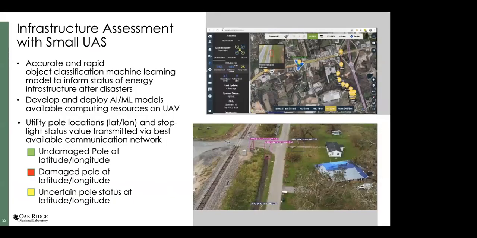Here's another example of what we are doing with this ESF12 community. After any major storm or any disaster, the first thing that you need back is energy, electricity. FEMA has these 15 emergency support functions, 1 through 15. Number 12 is energy, and that's what DOE is responsible for. So anytime there is something, DOE will deploy the regional coordinators who will go and help coordinate the restoration of the grid so people can have power back.